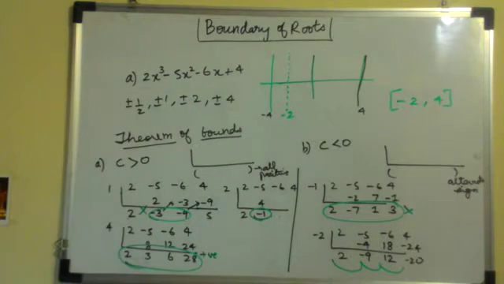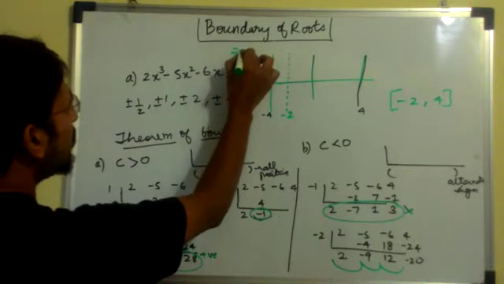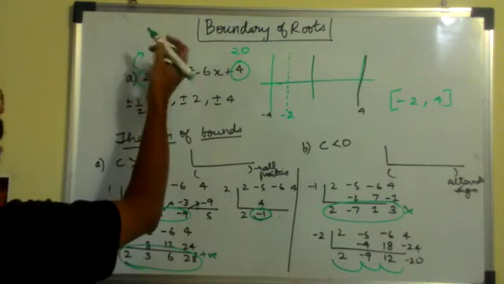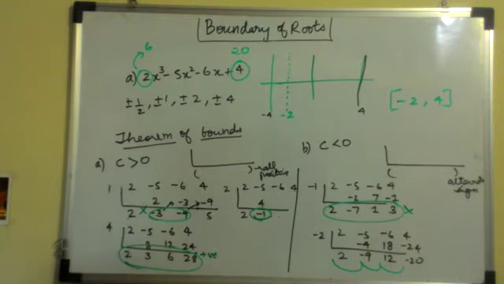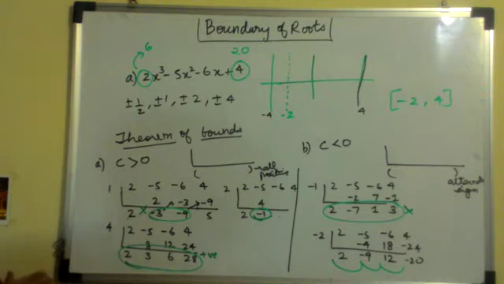But imagine if you had, instead of 4, you had 20, and instead of 2, you had 6. Imagine the number of possible roots that you could have. At that time, instead of testing all of them, you try to find a boundary in between. You try to find the middle roots and try finding the boundary and see if that helps you reduce the number of roots and number of trials that you need to do. So